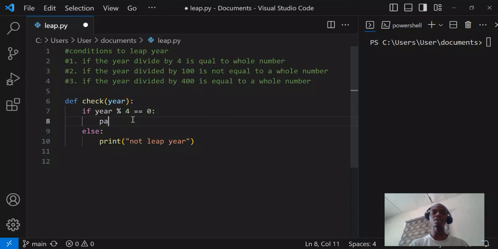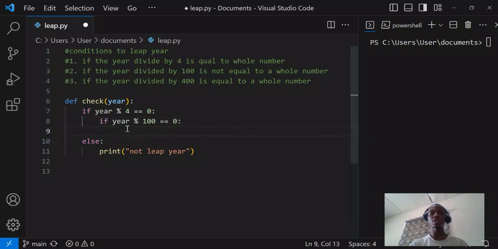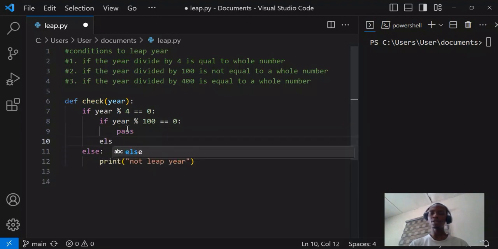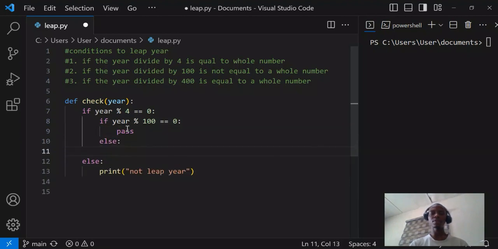Then here I'm going to check the second condition, which says if the year divided by 100 is equal to a whole number. I'm going to say if year modulus 100 is equal to 0, then it's not a leap year, but it still has to satisfy one condition. So I'm going to use pass there, but else here I'm going to say print